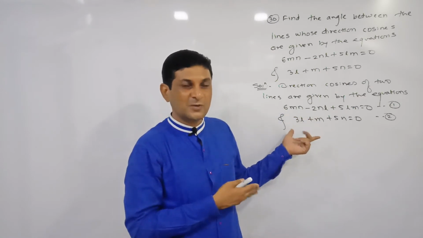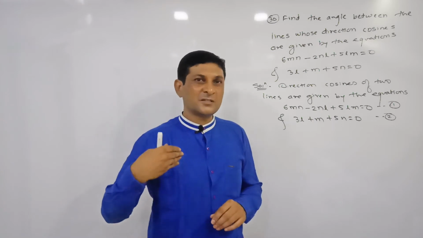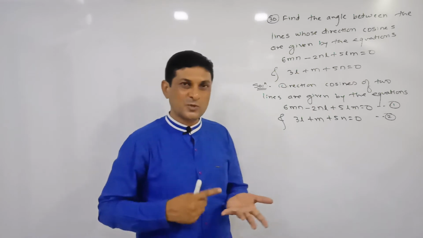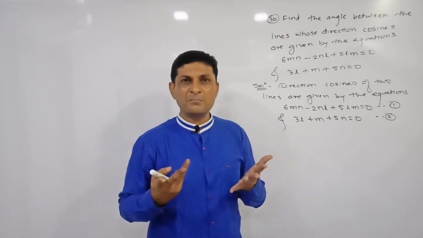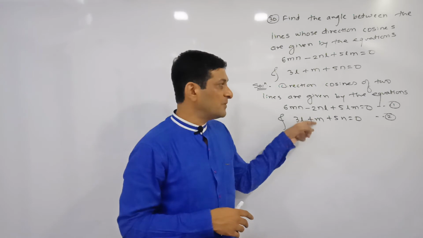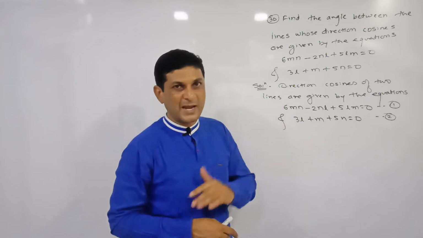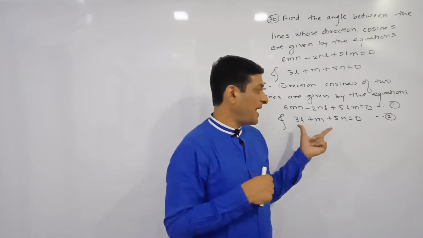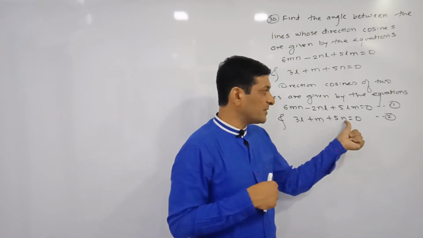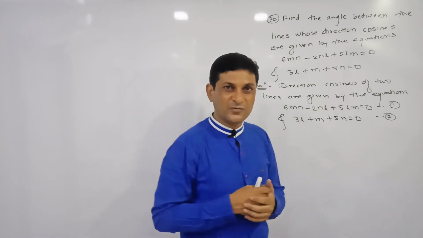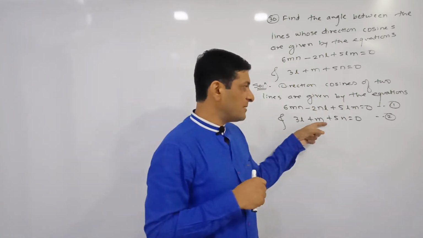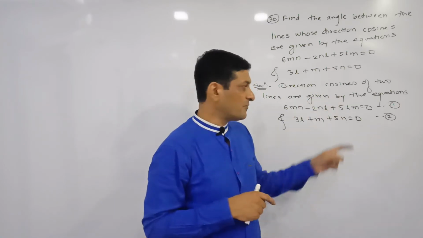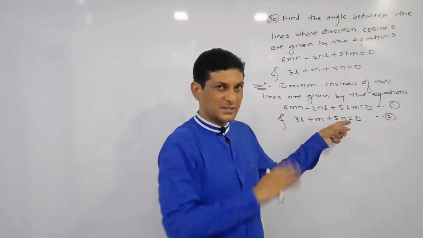These are the relations between direction cosines. Sometimes the relations between direction ratios are also given to us. Those equations may be given in terms of A, B, C or in terms of P, Q, R, but the method will be the same. Here, the given equations are in terms of L, M and N. Now from the second equation, we have three choices. Find the value of L in terms of M and N and substitute in the first equation, or find the value of M in terms of L and N and substitute it in this equation, or find the value of N and substitute it in this equation.